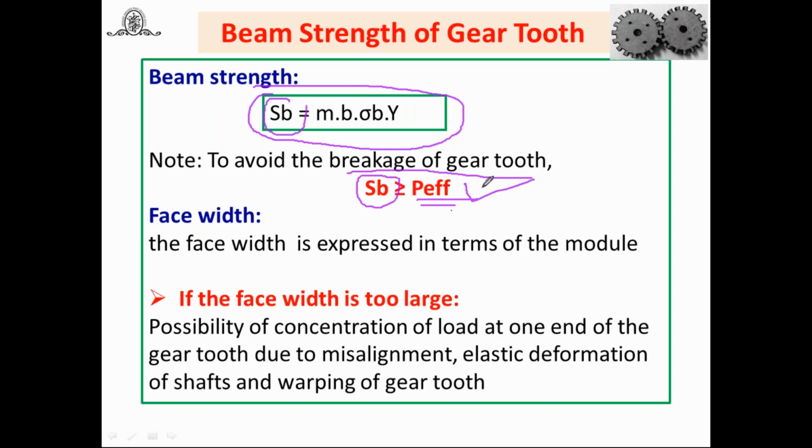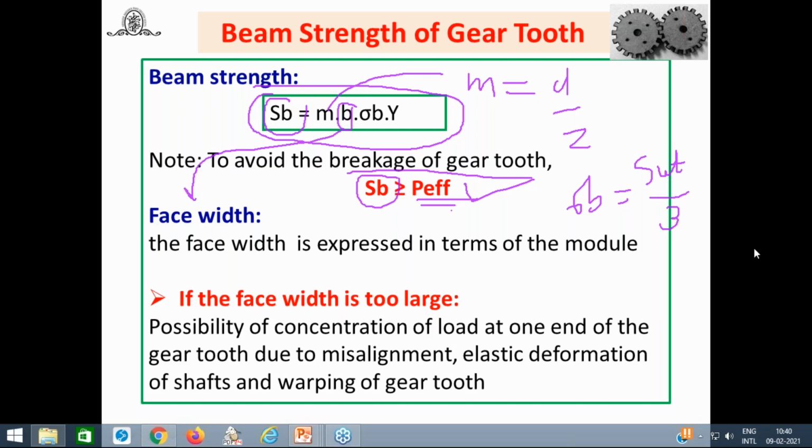And what do you mean by P effective? That is the load which is coming on a gear tooth, and because of that, the gear tooth is going to fail. I will discuss later on how to determine the P effective, or effective load on the gear tooth. Before that, in the early session, we have seen how to find m is equal to D by Z, then how to take the value of sigma_b is equal to S_UT by 3, and for bronze, 40% of S_UT.